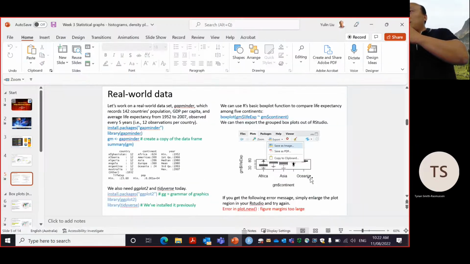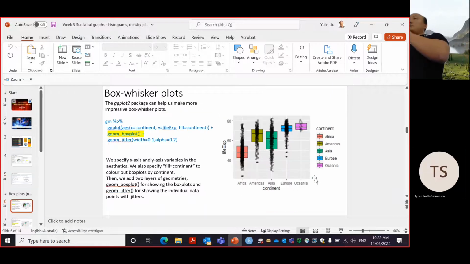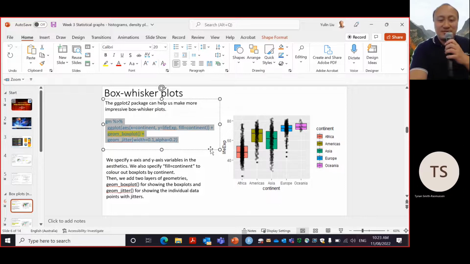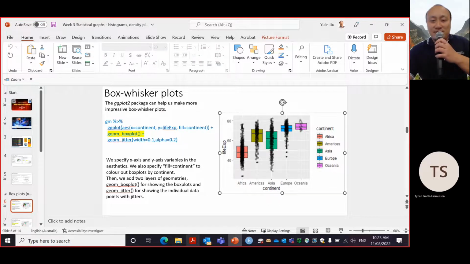We are going to use the ggplot package to make a more impressive graph. The first one is this one, you can have a try. We're going to plot the same plot, but this time we can modify the color. We can add some points to show the locations of the data. I know this one was a bit ugly. We can modify that. So all right, I'm lazy. I just copy this. So Control C and go to my